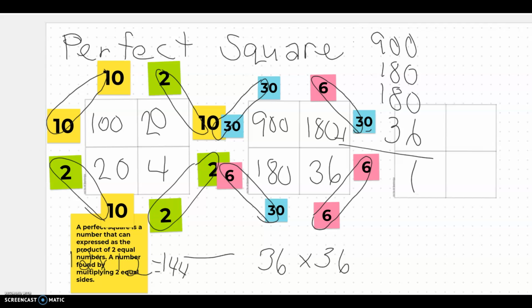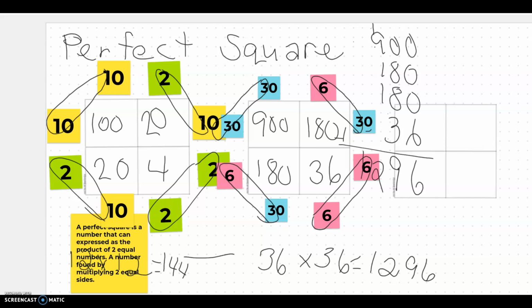0 plus 0 plus 0 plus 6. 8 and 8 is 16, 17, 18, 19. Carry my 1. Oops, carry my 1. 9, 10, 11, 12. So the perfect square of 36 times 36 is